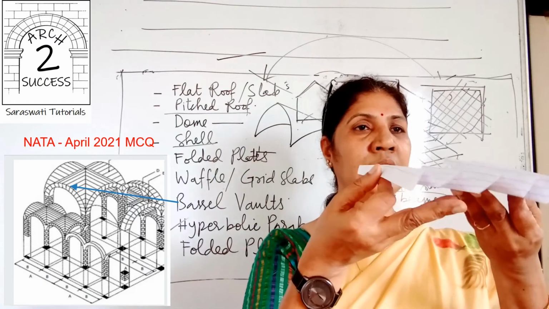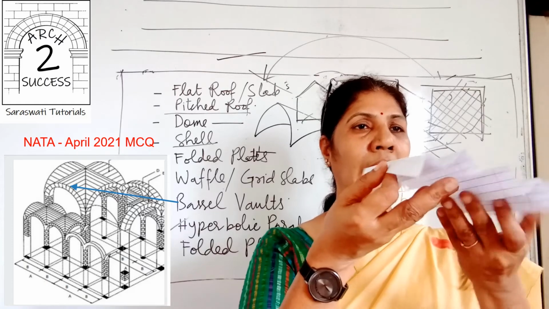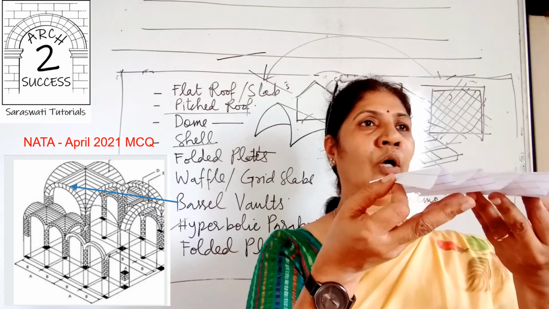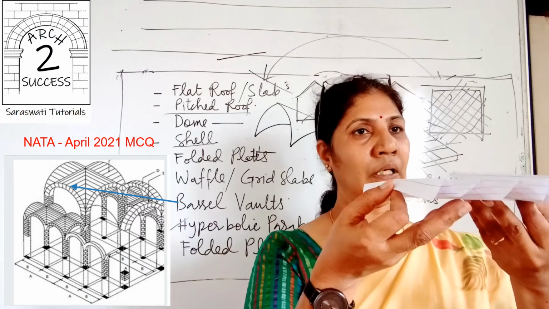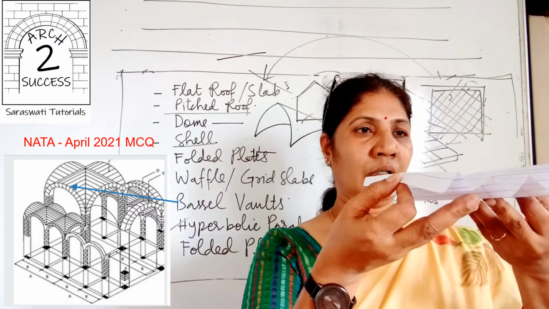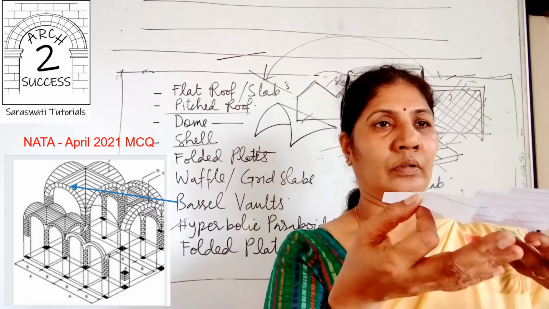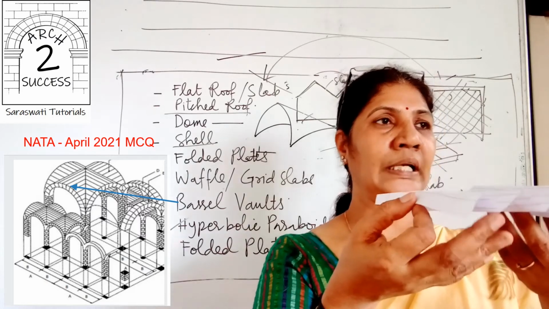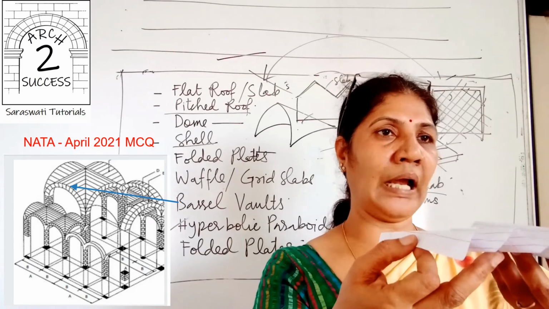See, the same thin paper, if we just fold it like this and now try to rest it on four end supports or corner supports, this will be a better form or a better kind of surface to remain self-sufficient and stable as compared to the plain slab, plain flat slab.